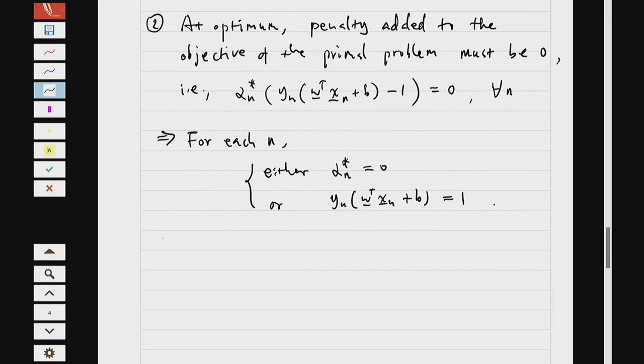Therefore, if at the end of your optimization you find that the optimal alpha n is strictly greater than 0, in general it's greater than or equal to 0, so that means it's not equal to 0, then the second condition must be true. This point must sit on top of the boundary. So then y_n times (w transpose x_n plus b)